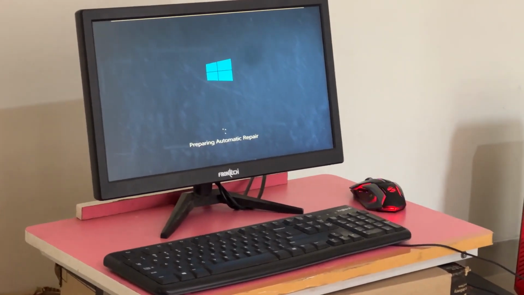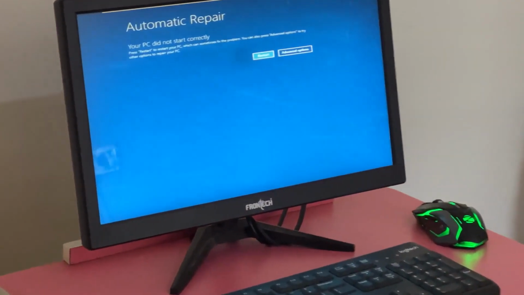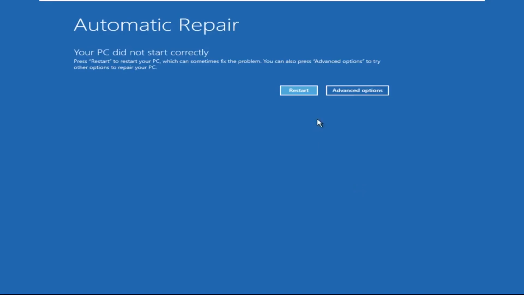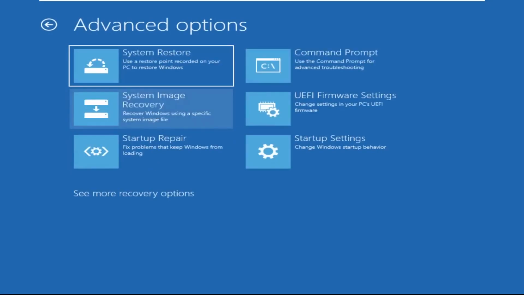Don't let the blue screen of death get you down. I will show you how to fix this problem step by step. So let's begin. Click on Advanced Options, then we need to select Troubleshoot, then select Advanced Options and then click